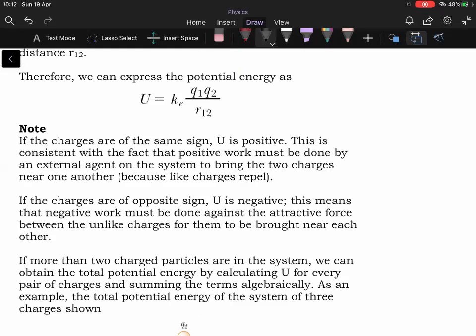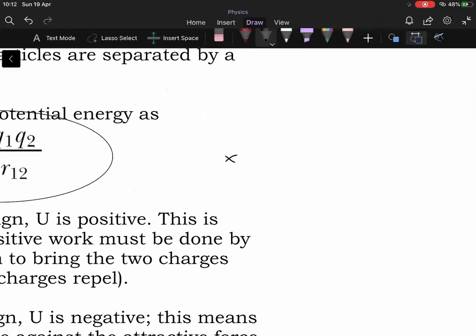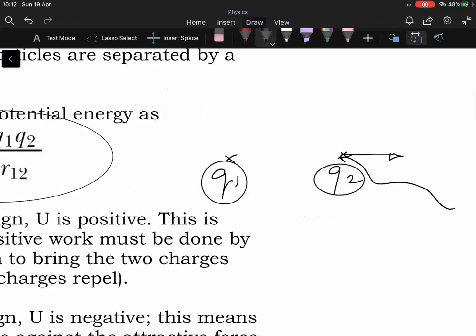Now we have to think why this is positive. Because let us say you have one charge here, Q1. It has its electric field in its vicinity which is away. Now you bring in another charge Q2 at this point from infinity. So this charge Q1 was always opposing the proximity of Q2. जैसे जैसे आप Q2 को इसके पास लेके आते जा रहे हैं, Q1 का जो इलेक्ट्रिक फील्ड का जो फोर्स है वो और भी स्ट्रांग होता जा रहा है.